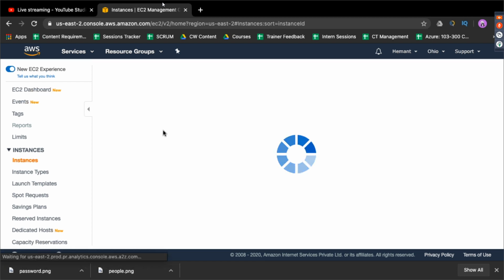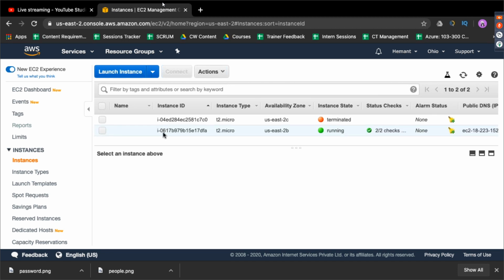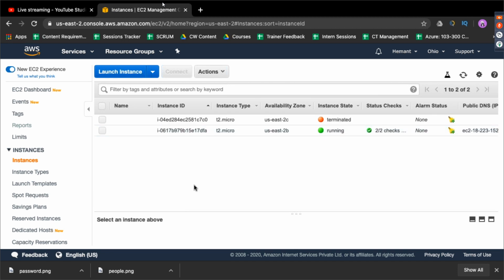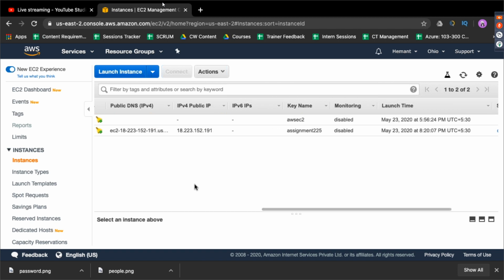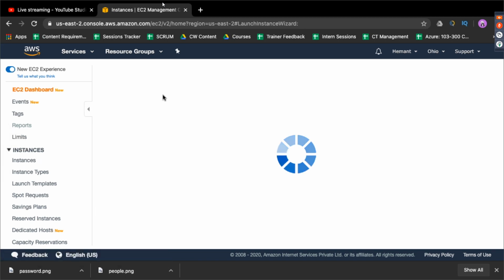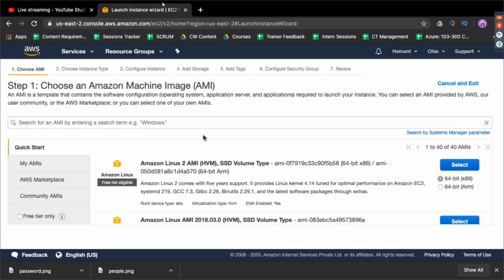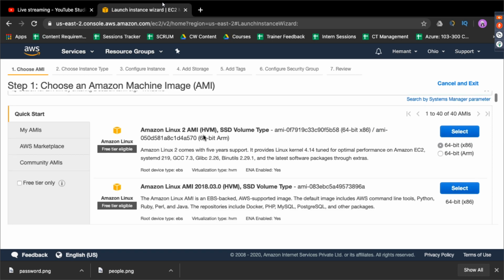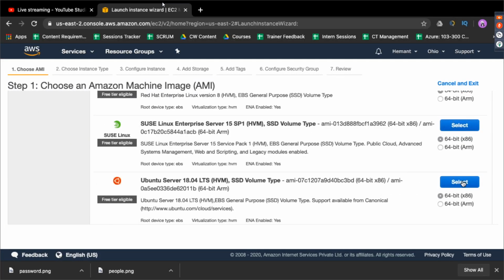And let's click on running instances. So here what I'll be doing is I will be creating a server. And the way I'll be creating it is by clicking launch instance. And what I want to do is deploy an Ubuntu server. So I'll be selecting Ubuntu over here,